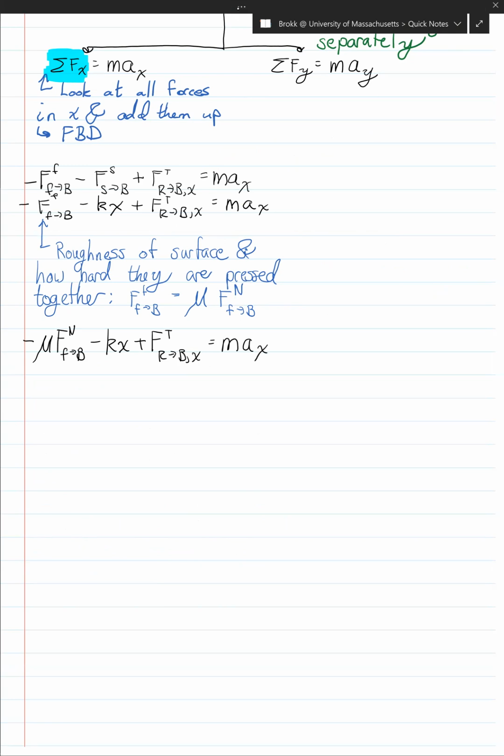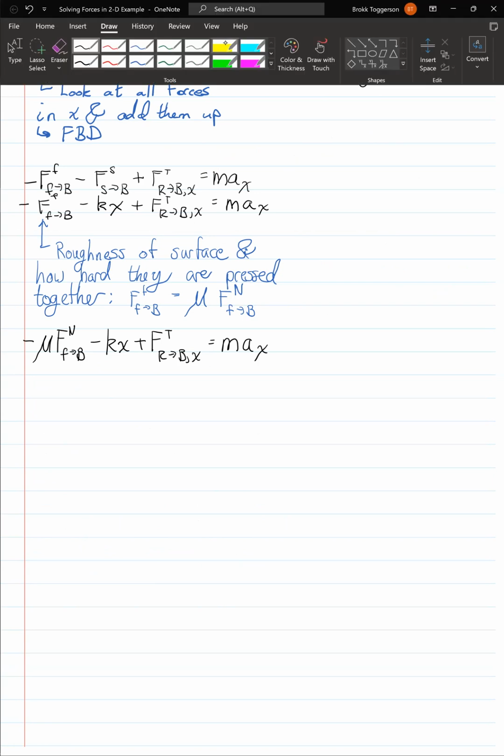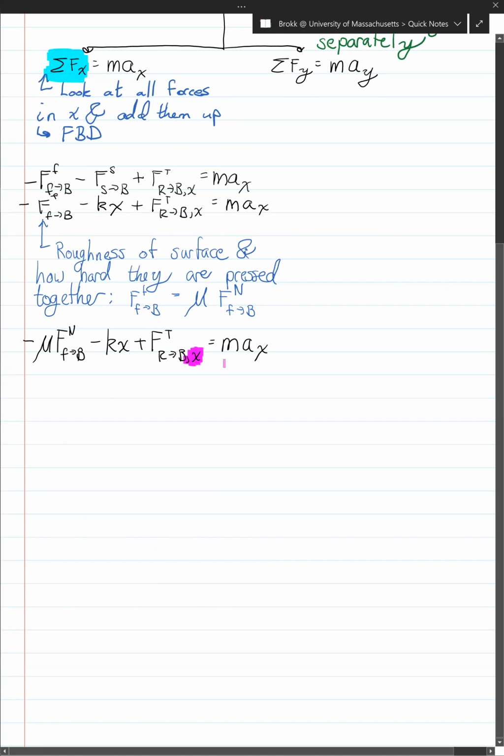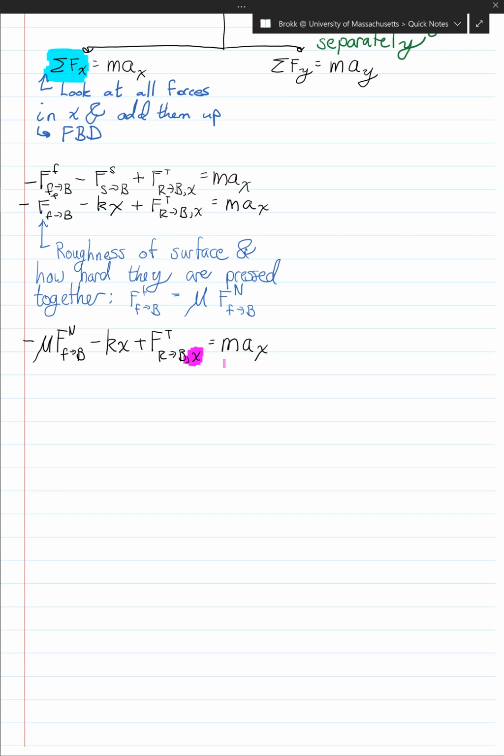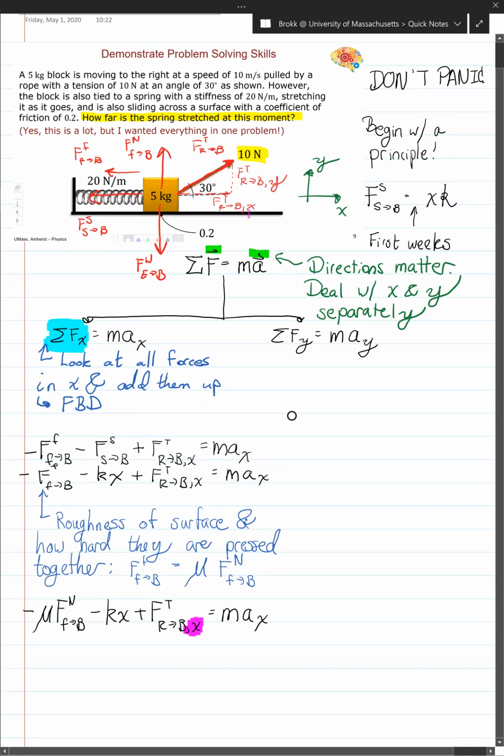Now let's pick the next thing to deal with. Well, the next thing we might want to deal with is this X situation. See, every symbol has to be dealt with. So think about each and every one. What are they there for? What are they telling you? The X is telling us that we only want to look at this horizontal part of the tension. And if we look at this triangle, our tension goes along the hypotenuse here. We only want the horizontal part. We can see that it's going to be